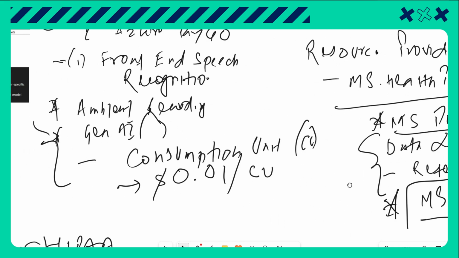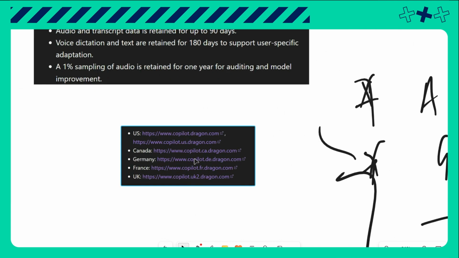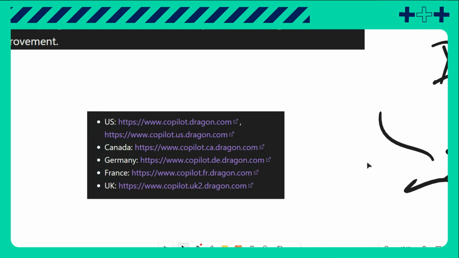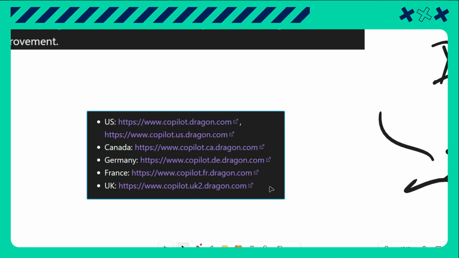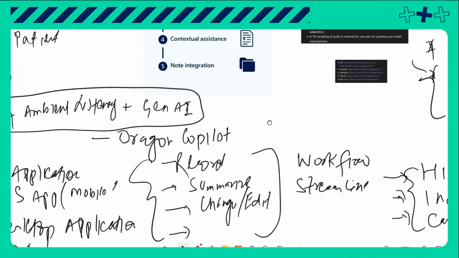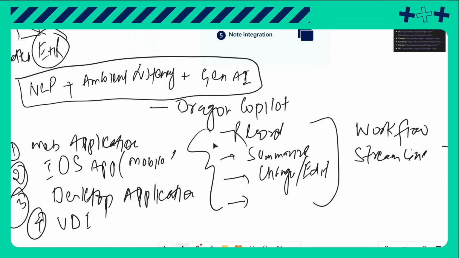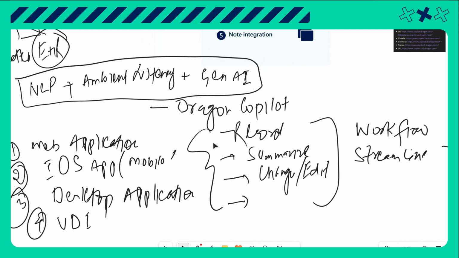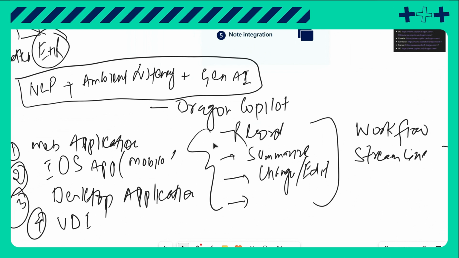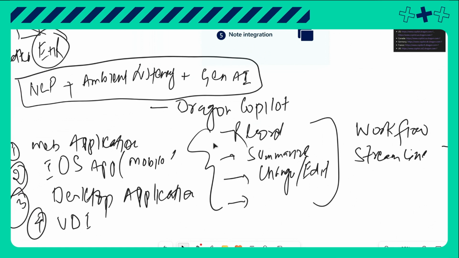Now, let's say if you want to access this through web, depending upon which data center you're trying to hit, you can go to www.copilotdragon.com. In US, in Canada, we have specific, Germany, France, UK. You can go and access it, but there are different ways. As I mentioned, you can go and enable this service. But one thing that remains the same is you need to have a per user license for the full blown service. But if you want to have just a base license, which is flex, you can enable other components such as ambient recording, generative AI, and you can funnel that through an Azure subscription, which is pay as you go,